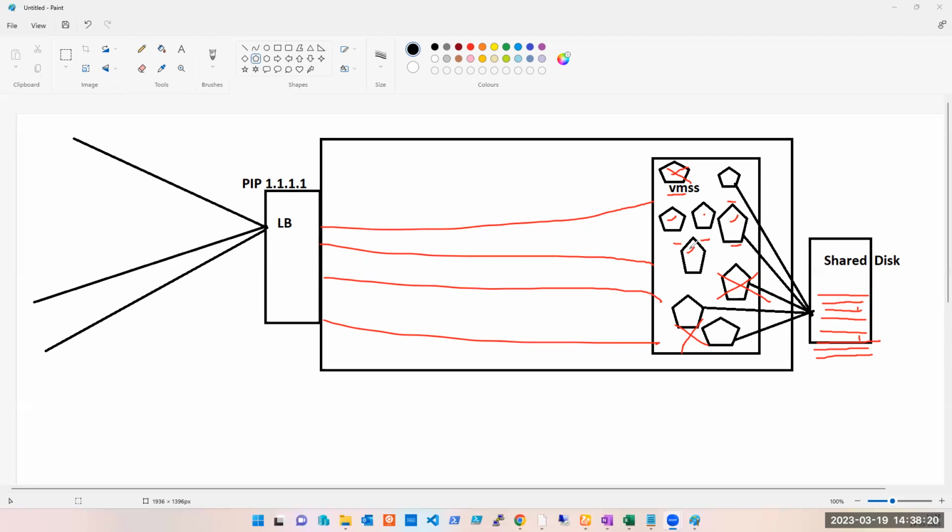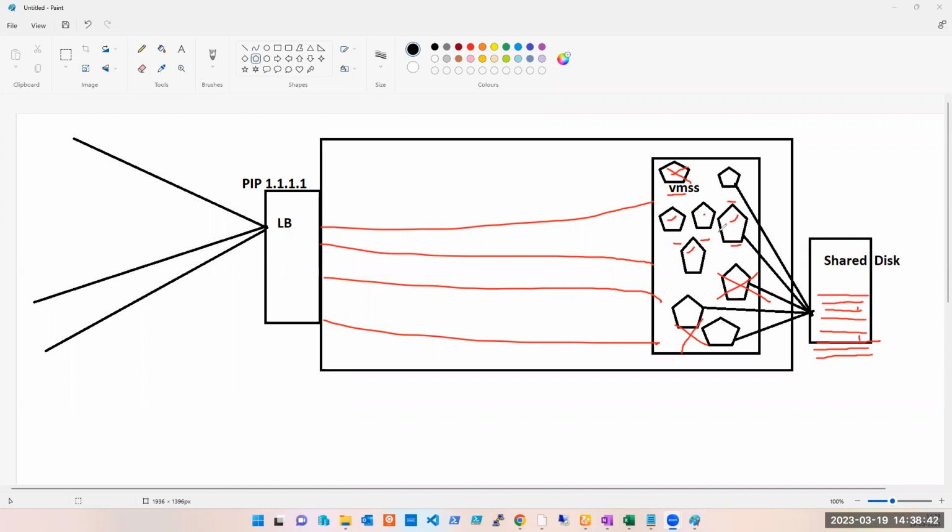And why would I waste money? Public IP is a costly and limited resource. I asked you guys to start reading about IP address networking. I'm not sure how many of you have done that. If you start reading, you will understand that public IP is limited and costly. If I have 100 machines here and I take 100 public IPs, then there is no point in coming to the cloud. The cost will be very high. I will get so much billing.